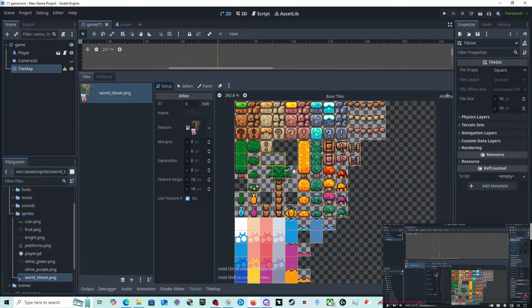Oh wait, hold on. That's not right. So I need to do that and then shift click that. Yeah, cool. Take it off the eraser and then done. Right, I think that's it.